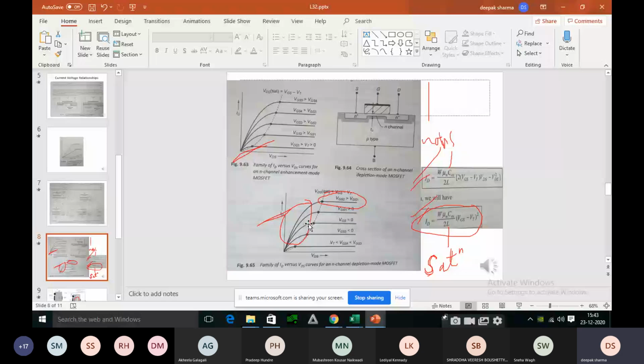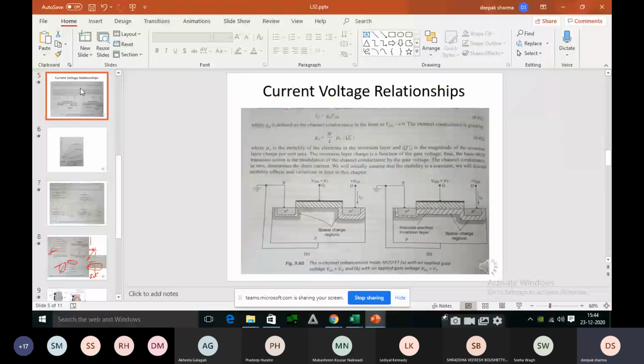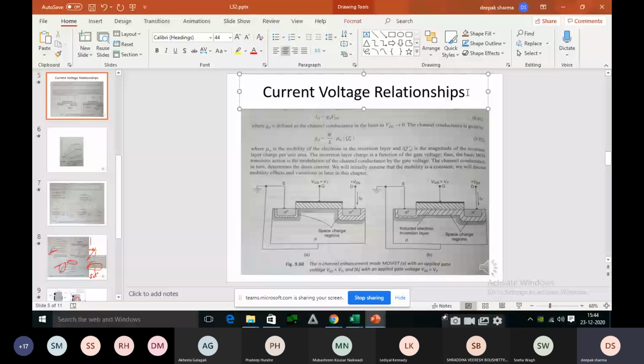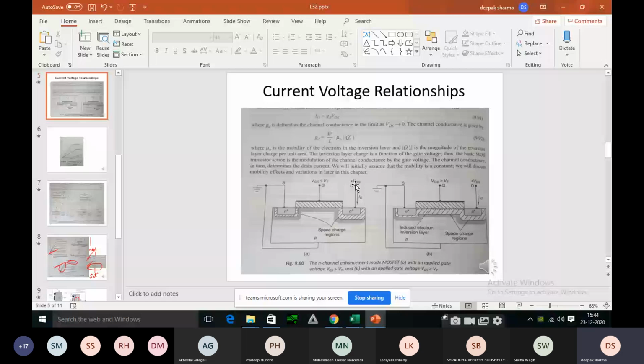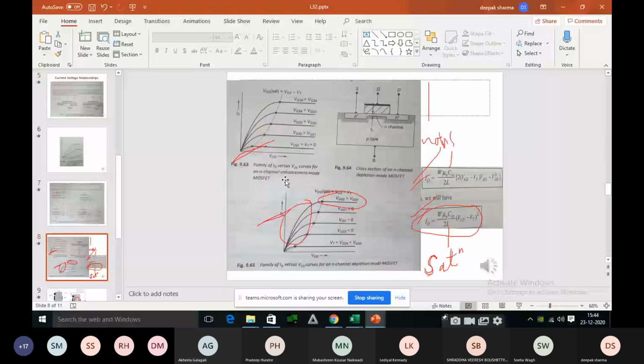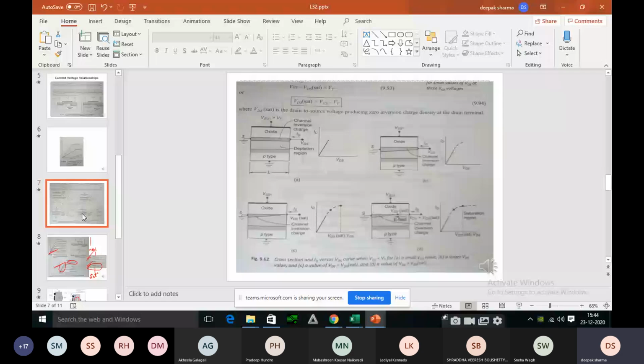So this is 100% guaranteed question. Which one? This question. How the question may be asked? Question may be asked in this way. Explain current voltage relationships, right, with the help of working of the MOSFET. Or they can ask you explain the construction and working of the MOSFET with knee diagram. Or they may ask you explain the construction and operation of the MOSFET with the current voltage relationship, right? So there are different ways of asking the question. So along with these diagrams, if you draw and explain properly, definitely you will score